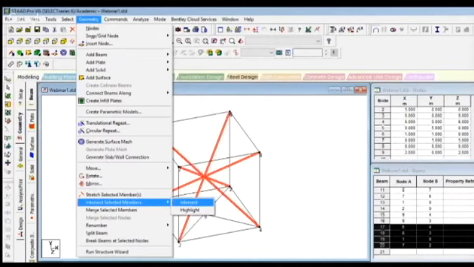Before clicking on the intersection, I will ask you a question. See, last time we added an intersection node at only two diagonals, so STAAD showed a message, two new beams are created. Tell me how many new beams will be created right now, right after clicking this intersect selected members.